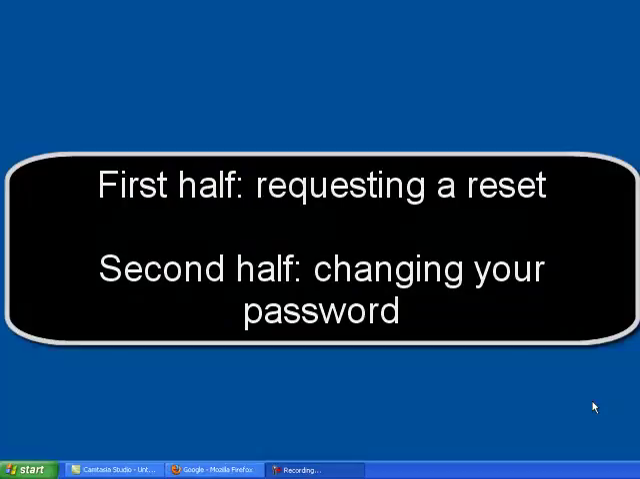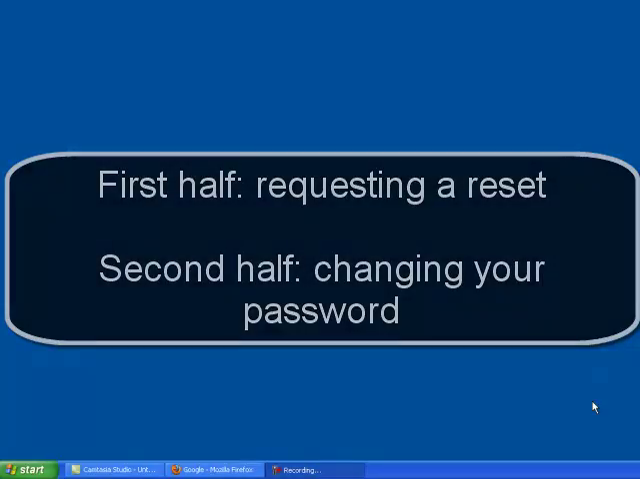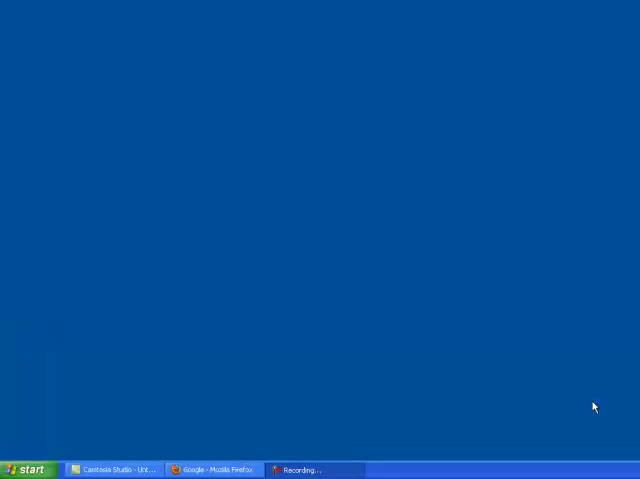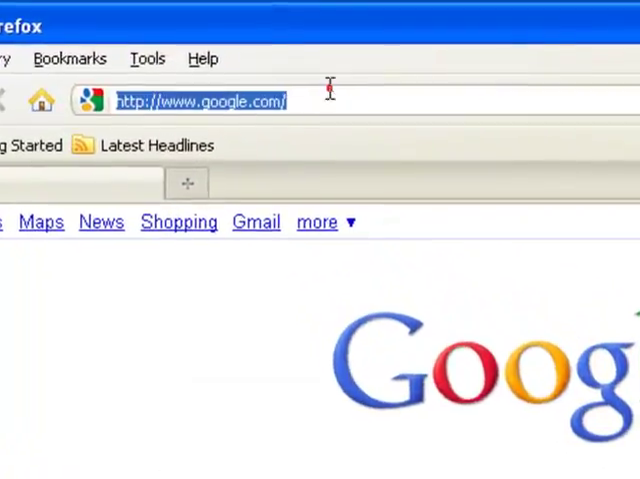The first half of this tutorial demonstrates requesting a password reset, and the second half discusses changing your password once the request has gone through. If you've already requested a reset, you might want to skip to the second half now. Let's get started. First, go to the following web address in your browser: